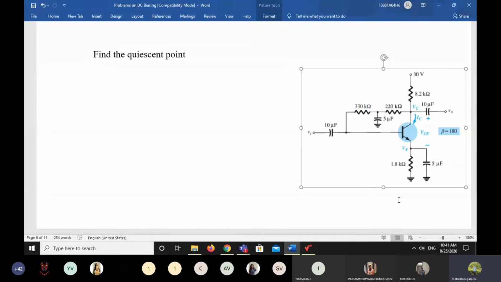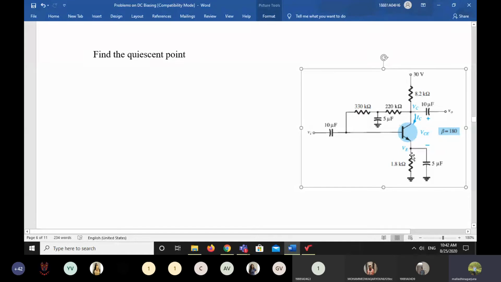Okay, the same circuit. The previous one is also this one. It looks like a different circuit, but if you remove all the capacitors from the circuit diagram, the RC resistor is there, and the base resistor RB is there, but RB is separated into two separate resistors. Anyway, that capacitor also acts as open circuit. The total resistance becomes 550 kilo ohm. That is the same. The only thing is we get one extra component here, that is the RE resistor. In the previous problem we don't have this RE resistor, but in this problem we have it.